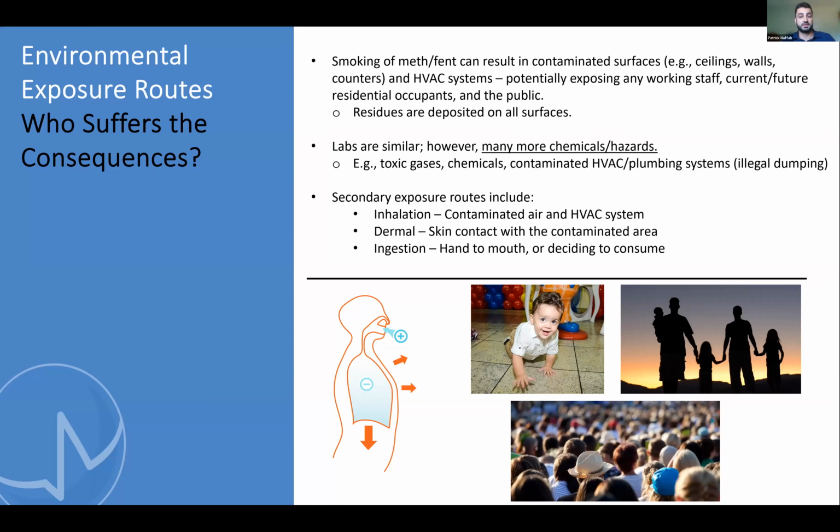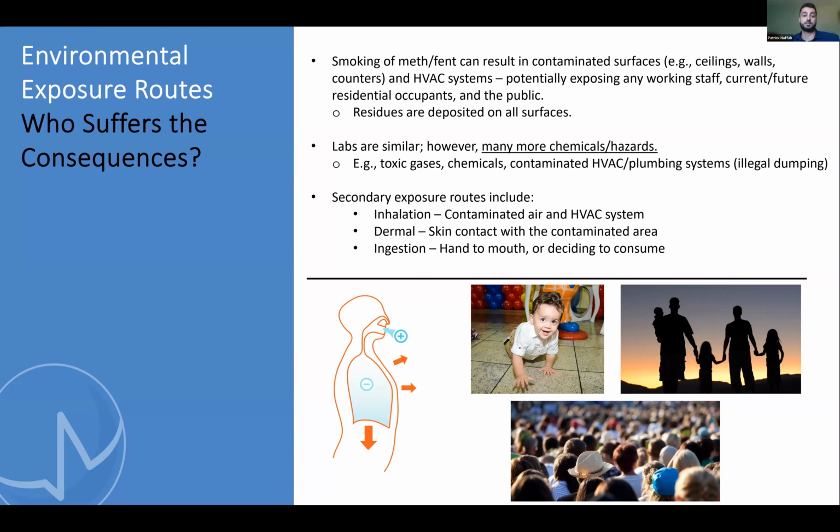And the recipes used in a lab are endless, the chemical combinations are endless, and the hazards grow as a result of it. So you have things like toxic gases, chemicals, toxic metals, anything you can think of being cooked in ways that aren't fully understood by even the EPA and a lot of other agencies. People kind of get their hands on whatever they can, throw it together, and now you have really dangerous concoctions being made. Now, say that an area has been contaminated, how are we exposed as the public or anybody else?